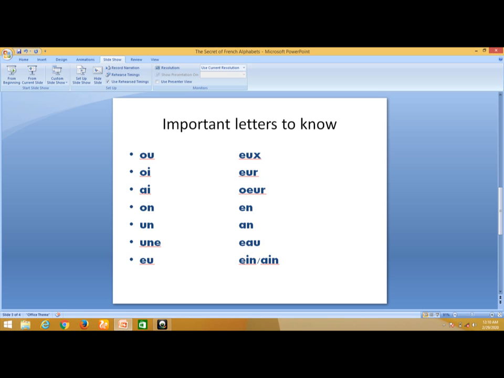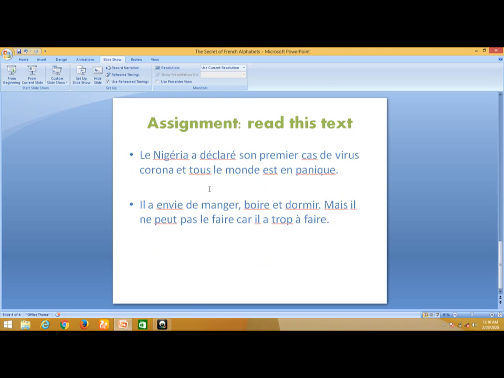Water. So E, I, N is N. The same thing as here, N. So please try to go through this again and again till you master the pronunciation. So this is the assignment I asked you to read before. So I will now read it for you to help you understand the class.